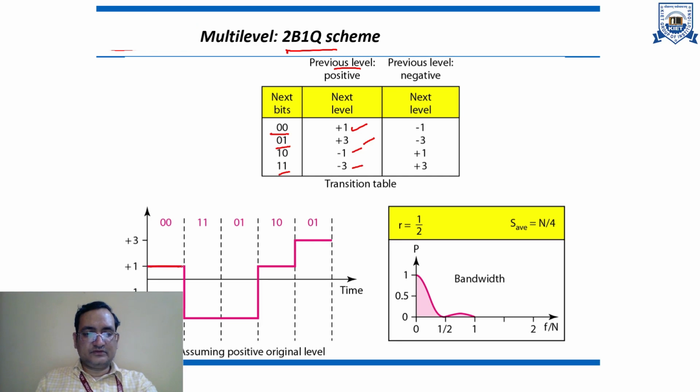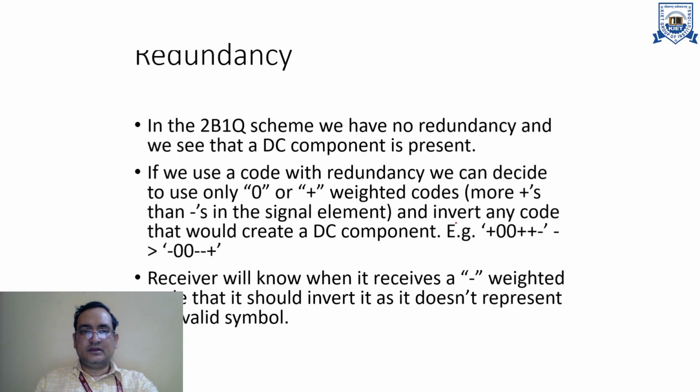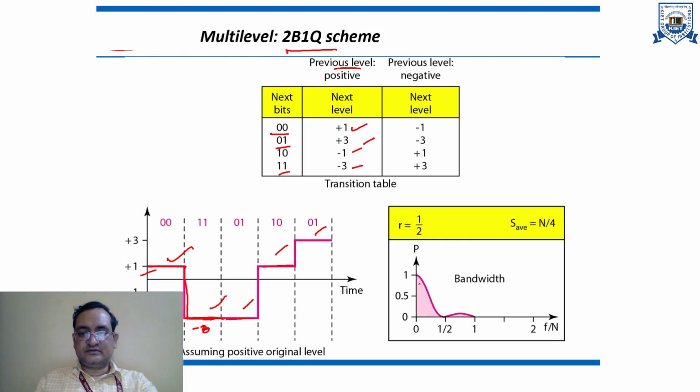So in this picture you can see that 00 is transmitted with positive 1, 11 is like minus 3, and so on, and this symbol representation is multi-level, right? There are different amplitude levels available for bit transmission. There is a problem in this scheme, because you can see that at f equal to 0 this is not DC null. That means at f equal to 0 the power is transmitted, which is not preferable.